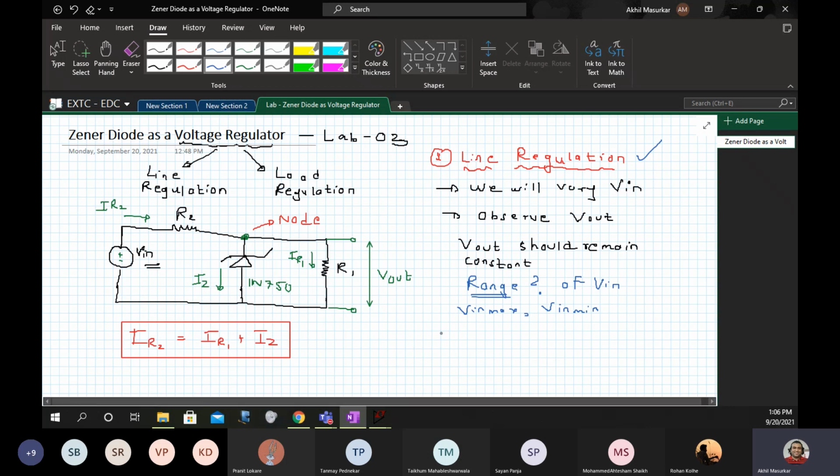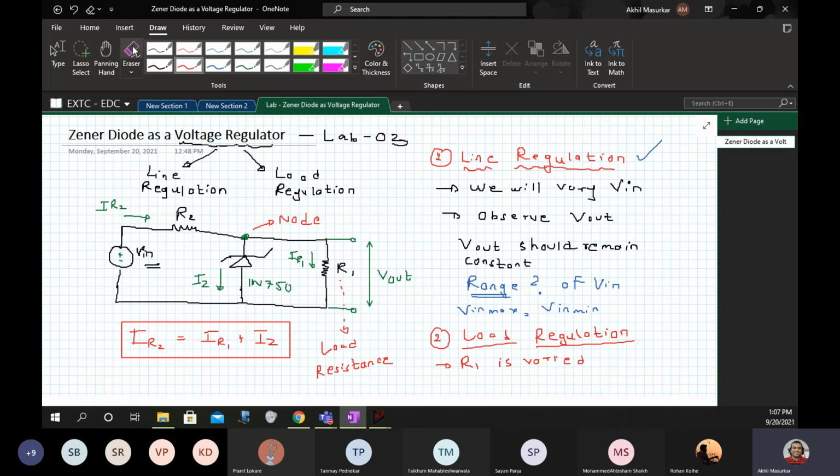Similarly, the second one will be load regulation. When it comes to load regulation, what we will vary is R1, because R1 is basically the load resistance.